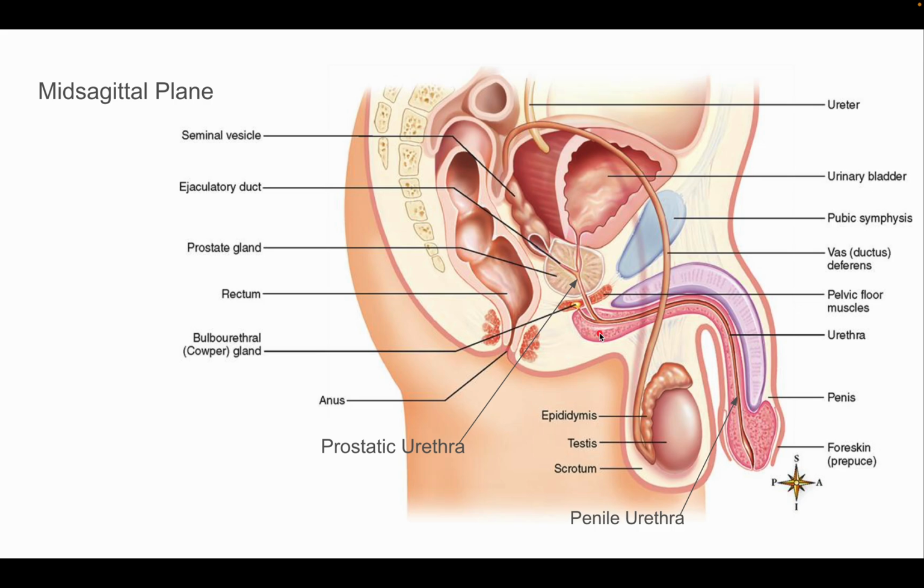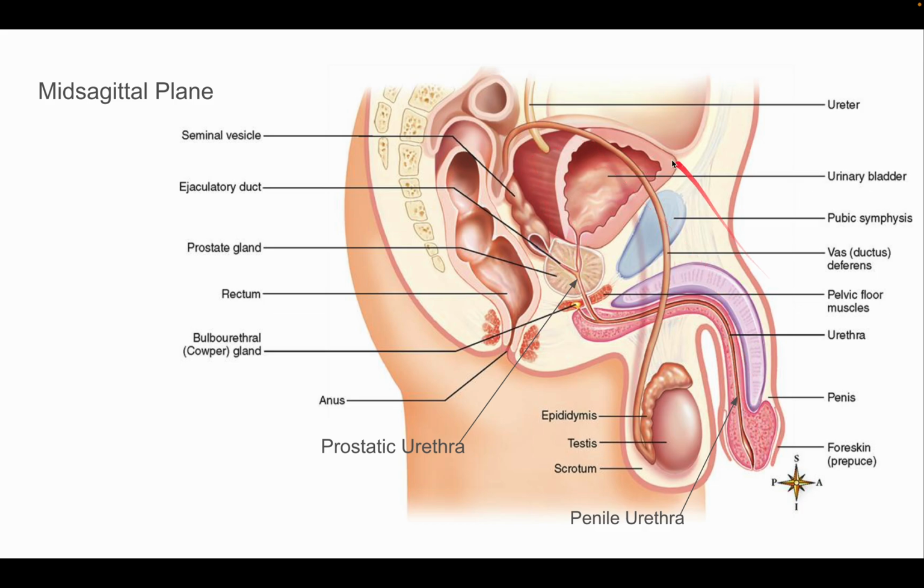Alright, so we have a mid-sagittal cut down the male reproductive tract right here, and we can tell because you can see the pubic symphysis right here. And that is directly mid-sagittal between the two pelvic bones. Now, superiorly to inferiorly, we have the ureter here that comes from the excretory portion of the kidney and empties into the urinary bladder. And then that goes out normally through the